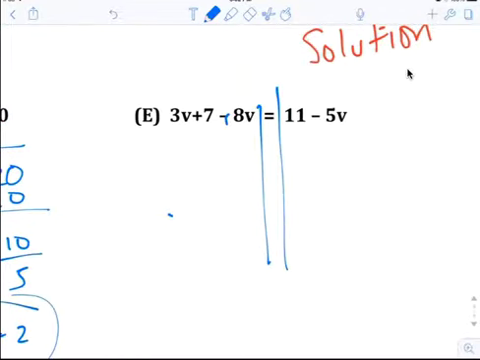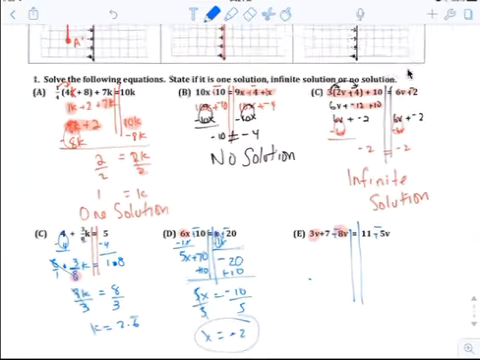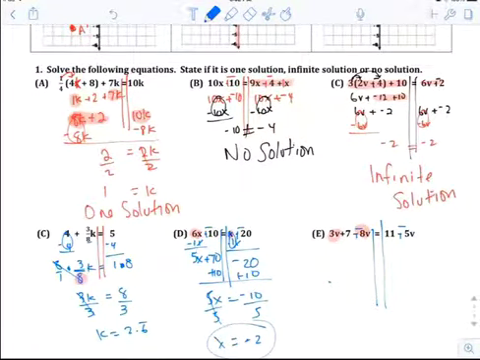Do additive inverse first. Combine these two because they're alike. Then make zeros. Make sure you do additive inverse though. Okay, that should help. Basically, if you didn't finish anything, it's